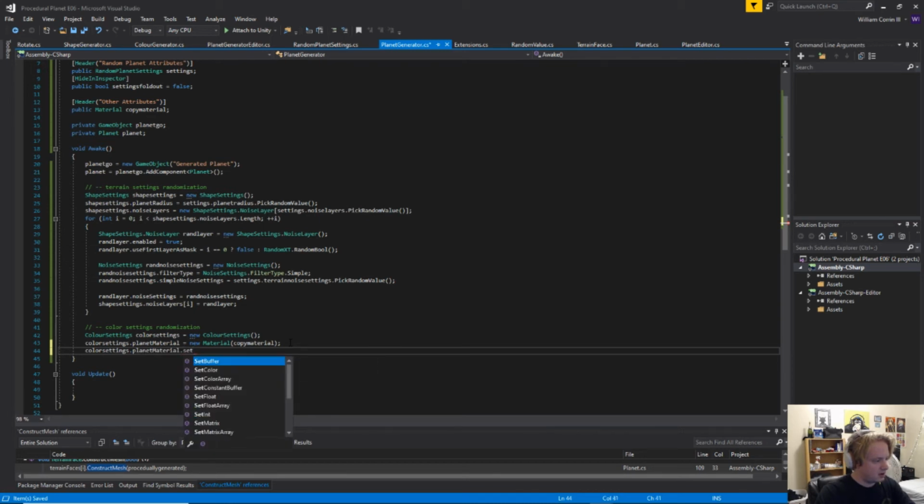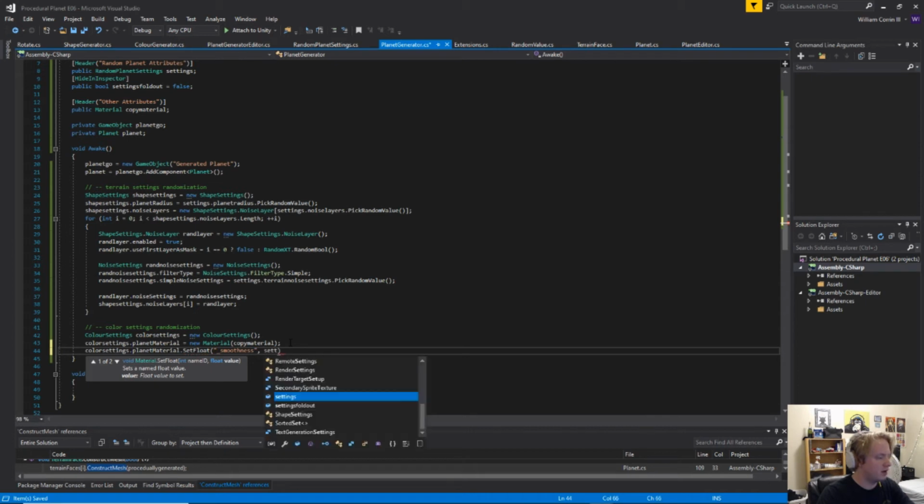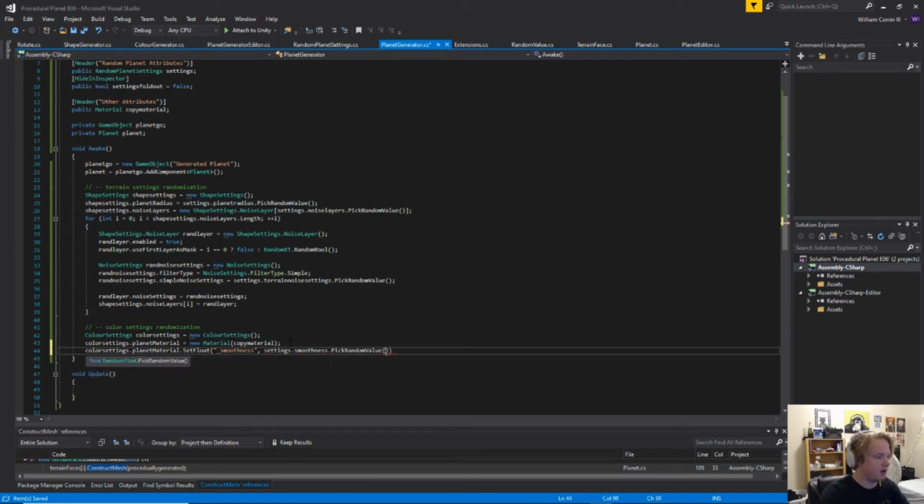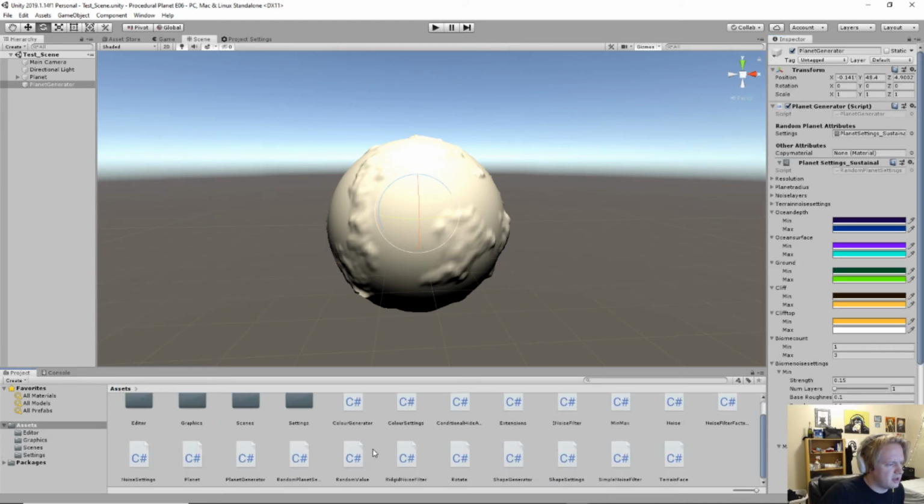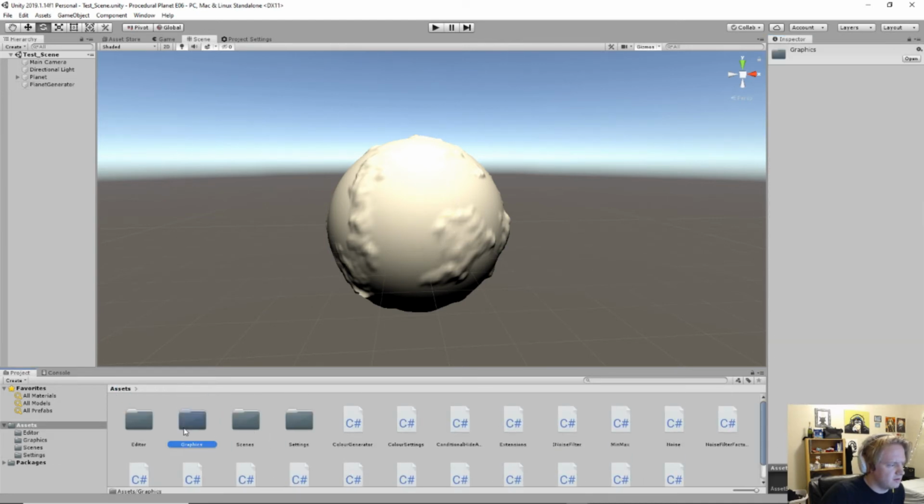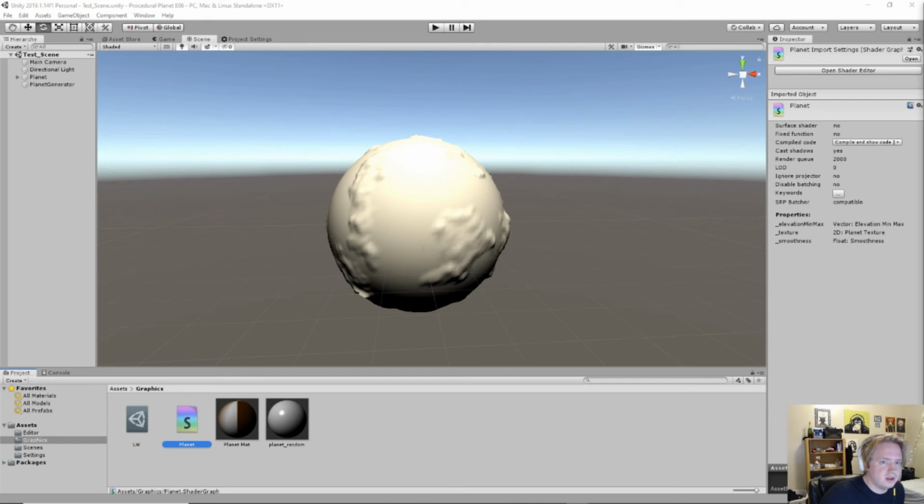dot set, it's going to be a float underscore smoothness. We're going to do settings dot smoothness dot pick random value. Actually, real quick while we're there, I don't think you guys probably didn't change it. I think the version of the shader that he